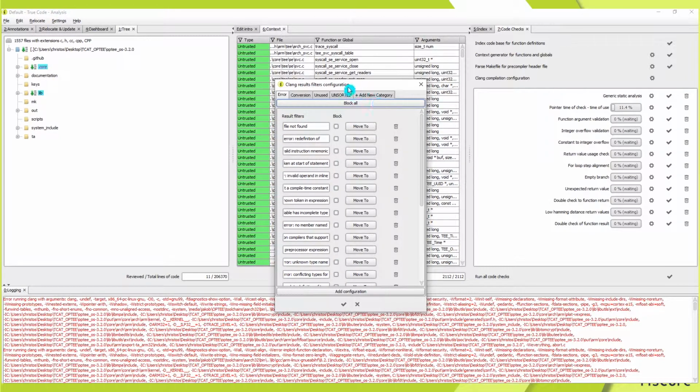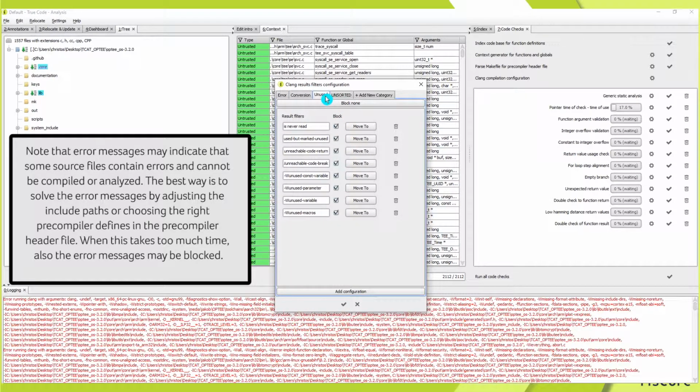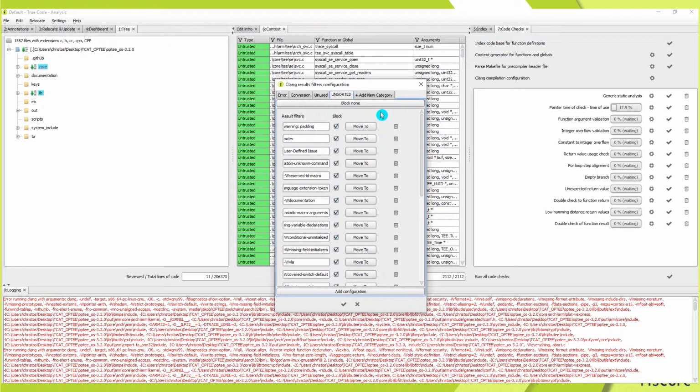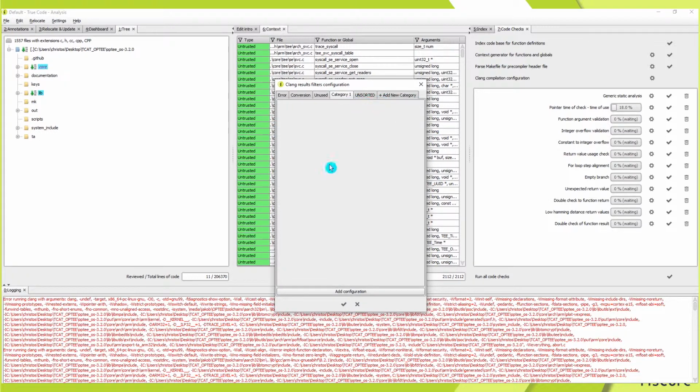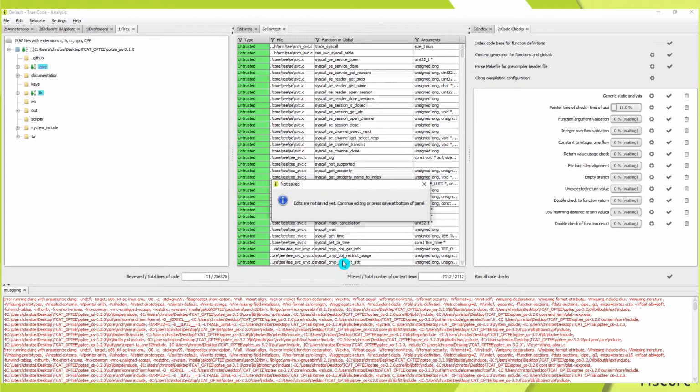We can also see that there are some pre-made categories of warnings. The errors, which contain all the possible errors that can be found. The conversion, which contains the warnings of variable conversions. The unused, which stands for the variables or parameters that are never used. And the unsorted items. The user can also move an item from one category to another, or create a custom category of warnings. This advanced feature of True Code helps the user to reduce unwanted warnings, errors, and optimizes the